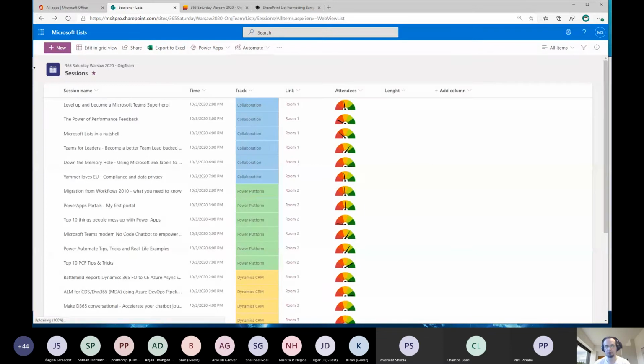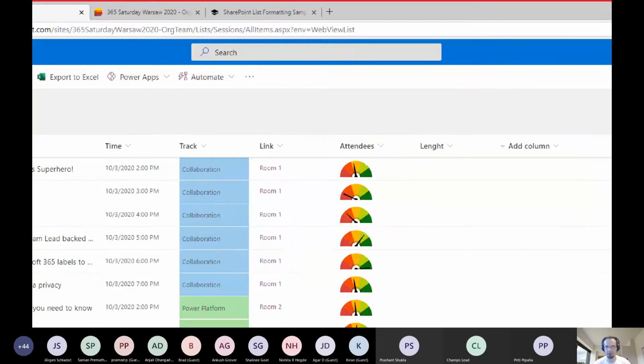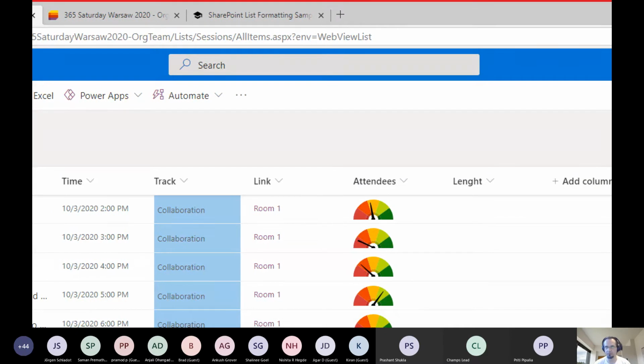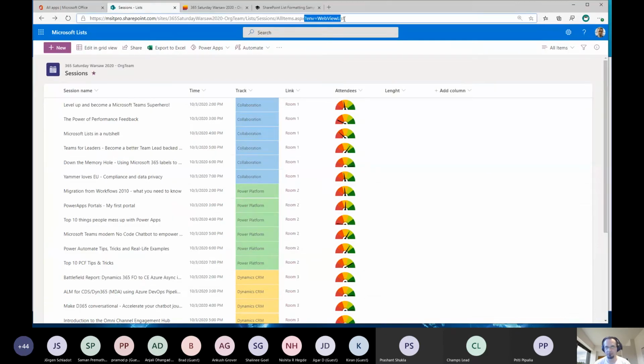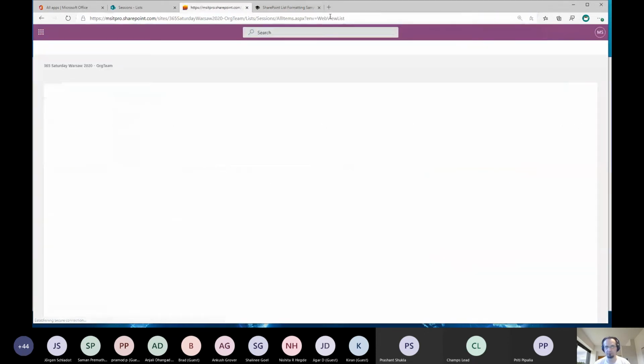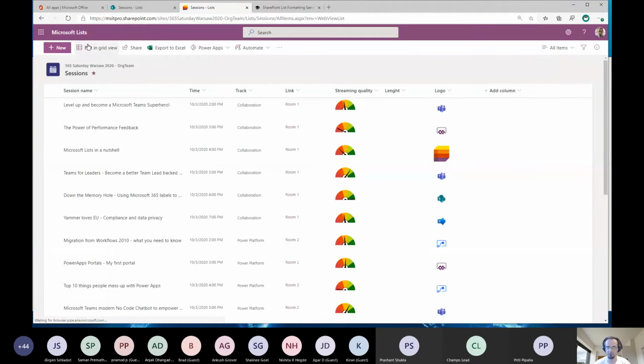Oh, so with this list view, when I don't have any left-hand navigation, you can find that there's a web view list parameter in the URL. So if I get and copy that parameter and go back to my SharePoint and add that parameter here, so I will get the same view as Microsoft Lists without left-hand menu, but directly inside my SharePoint.